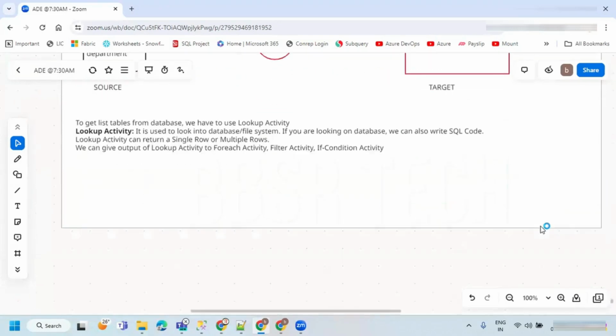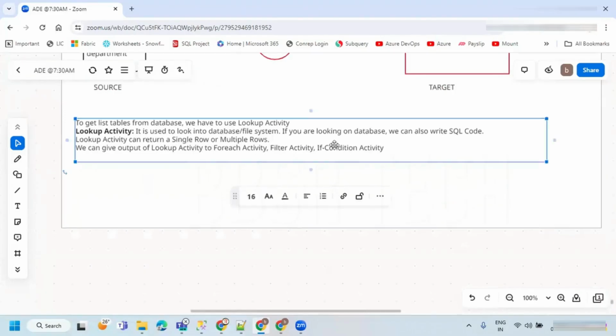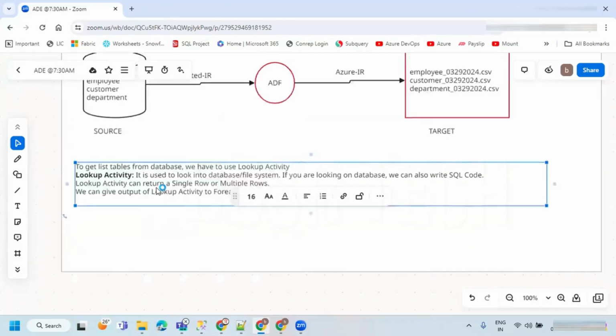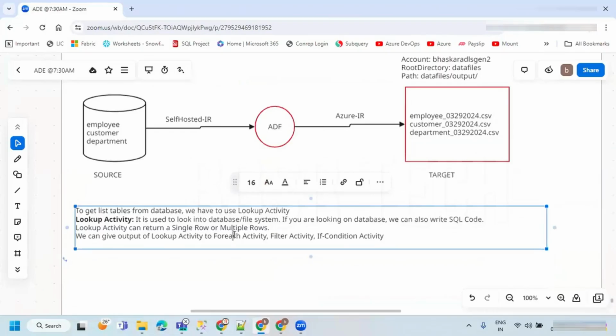So we can give the output of lookup activity to any of these activities, depending on the situation. You can also give it to other activities, but mostly I have come across for each, filter and if condition activity. In this particular case, how exactly can we do it? When it is returning multiple rows, 100% we are going to give it to for each activity or filter activity. When it is returning a single row, then we give it to if condition activity. Mostly your lookup activity is going to return a small number of records.